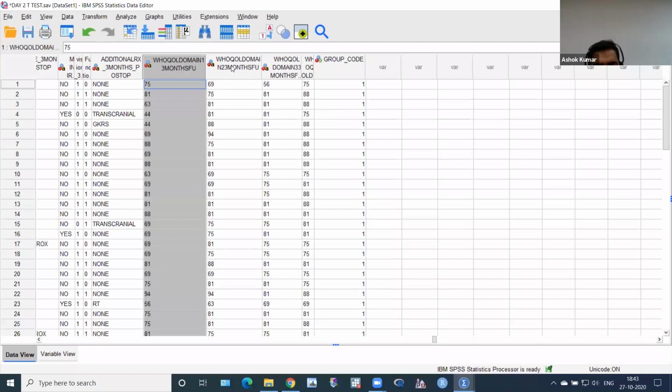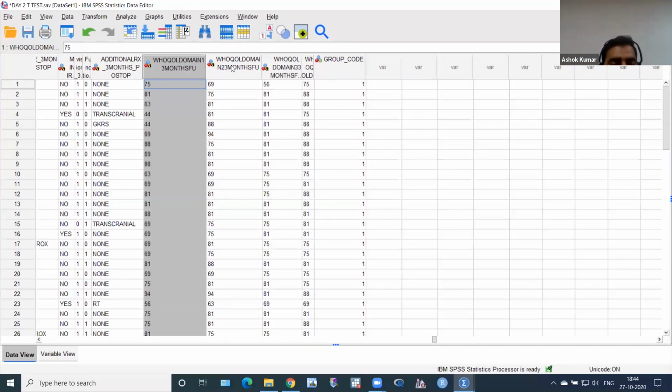So there is a surgery, and after that, I checked the WHO quality of life after 3 months of surgery. So before I have quality of life and after I have quality of life. I want to check in cases, not in control, or separately I want to check, because paired t-test is always used for within subject and independent t-test is used for between subjects.